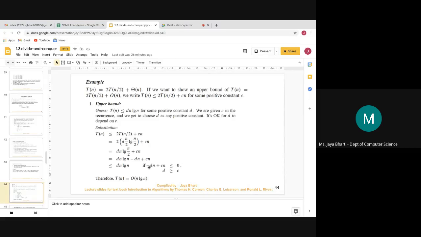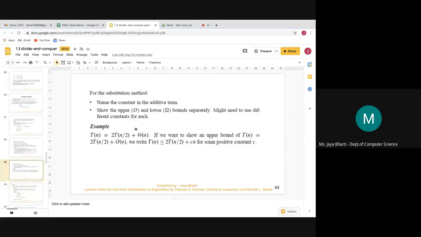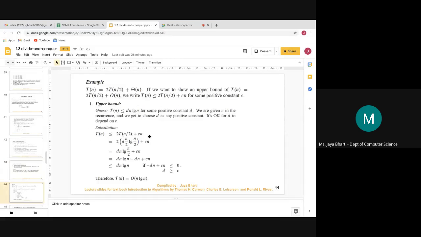So then you will move this minus dn to there, then you will get the function c is less than or equal to d, or d is greater than or equal to c, which is the same. Okay, so when you write it like this, you get the T(n) function, which is exactly similar to the guess that we made in the starting. So you will get that T(n) is equal to big O of n log n. So now you have computed the upper bound for this function, which is the big O of n log n.